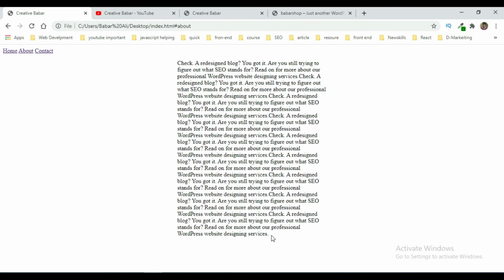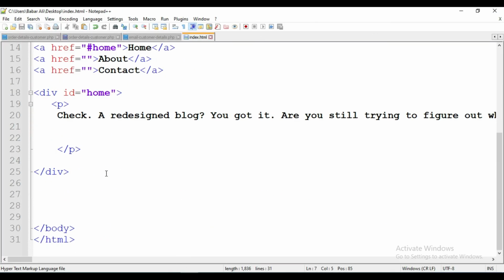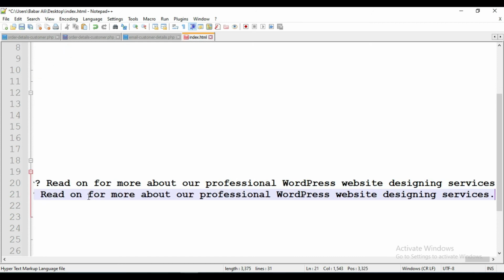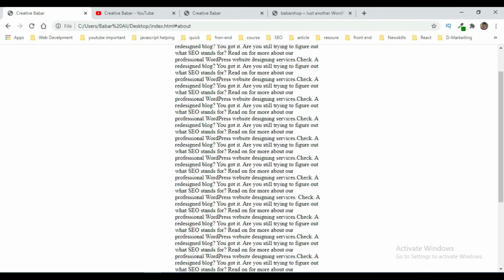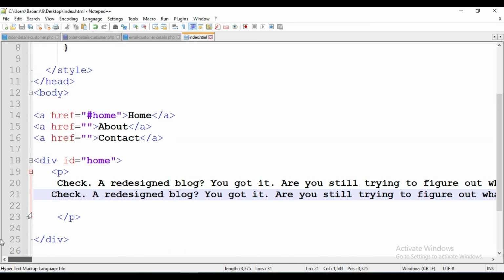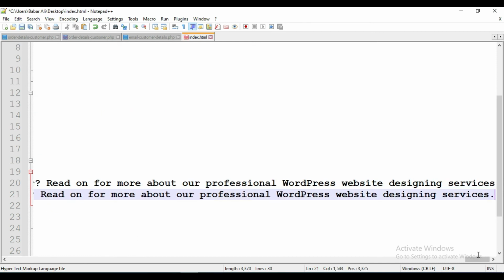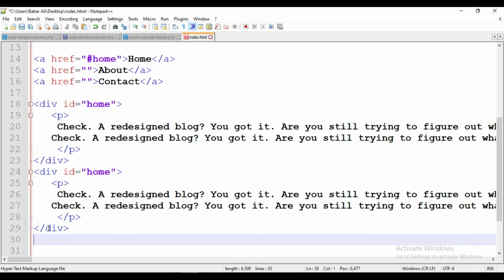I hope you understand. I am copying this text again and I am going to put it into a p tag again, like this. This is the full document. So I am going to duplicate this div and adjust it, and again now I am going to copy this div, then this and this.